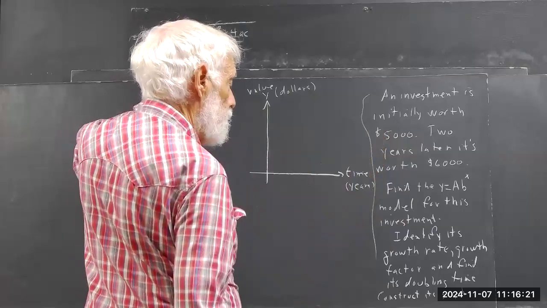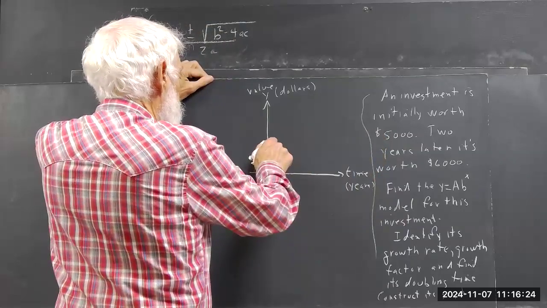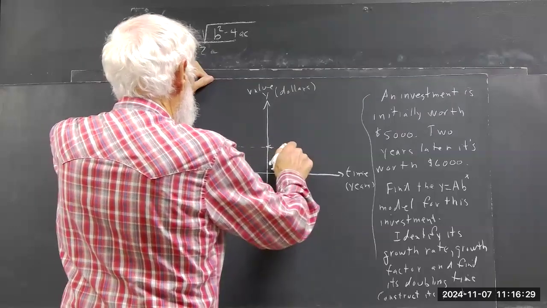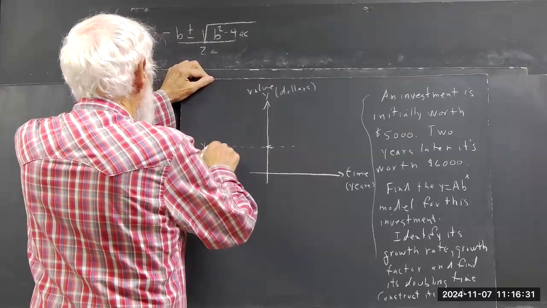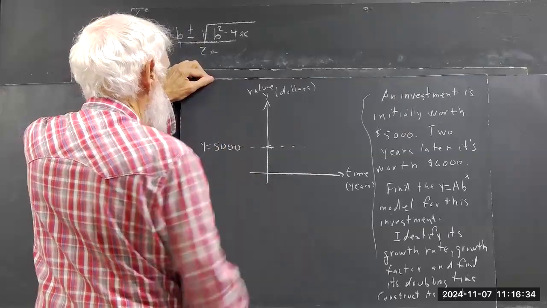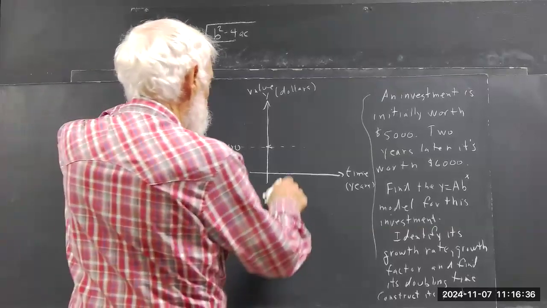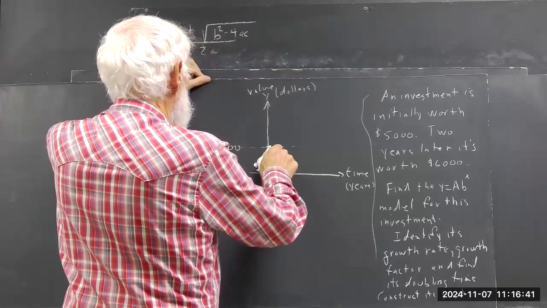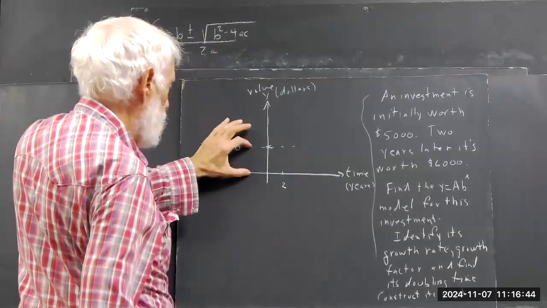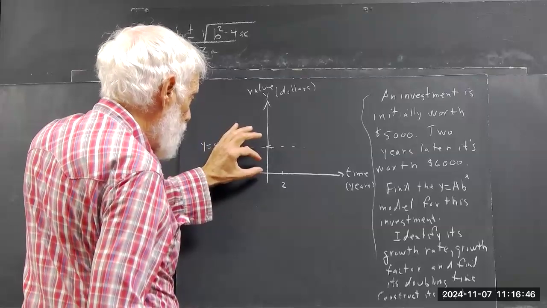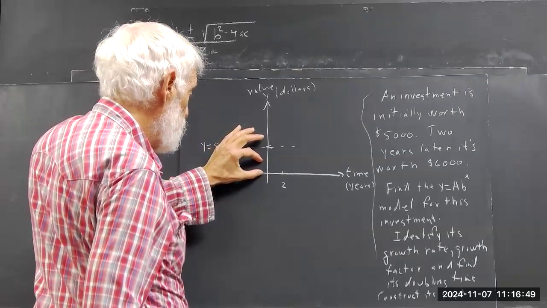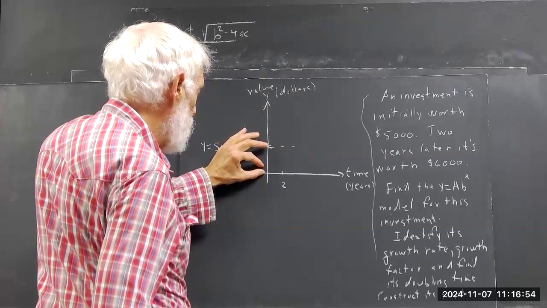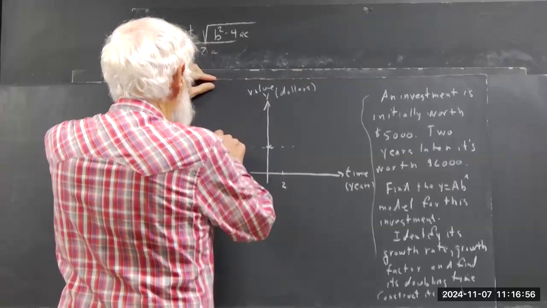Then you put initial value $5,000. And then after 2 years, let's just say 2 is here, you go up to $6,000. Now, if that's 5,000, half of that would be 2,500. Half of that would be 1,250. So 1,000 would be about that much. So we'll say that